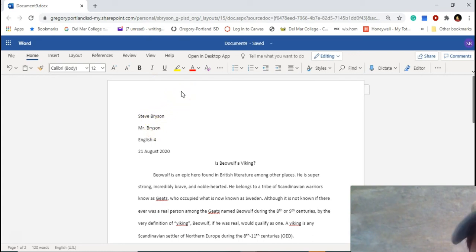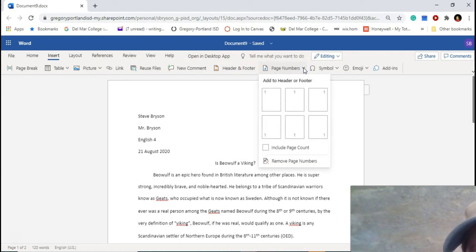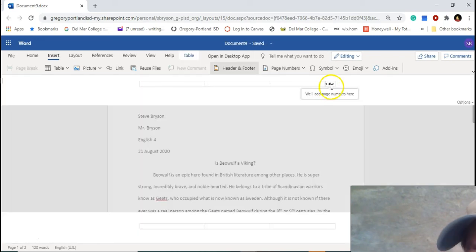So let me see. If I was in Google Docs, I could just double click on the header and my cursor would appear here, but that's not working. So I need to insert. Notice I went to the toolbar and hit insert, and I have lots of options. I'm going to go to page numbers, and I'm going to look at my options. I want my page number to be at the top of the page on the right side, or right justified. When I click on it,